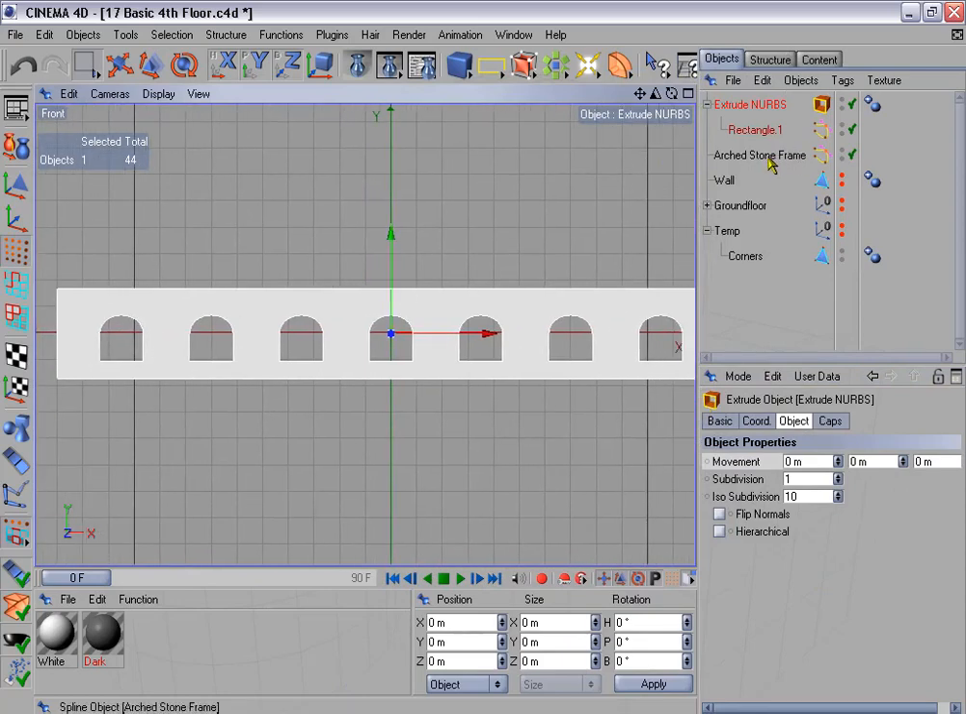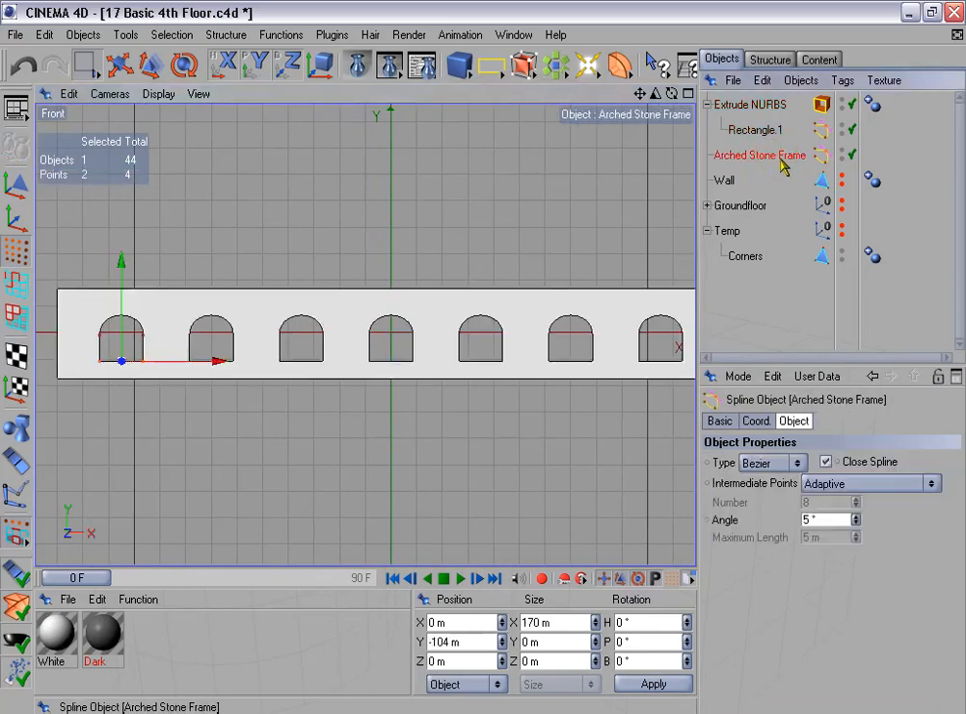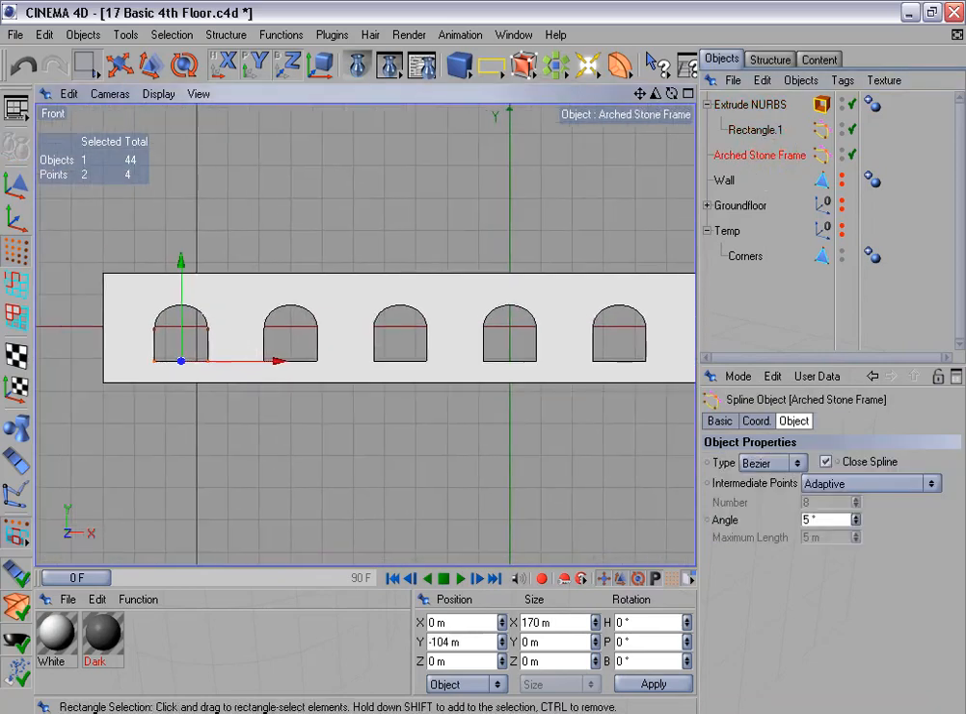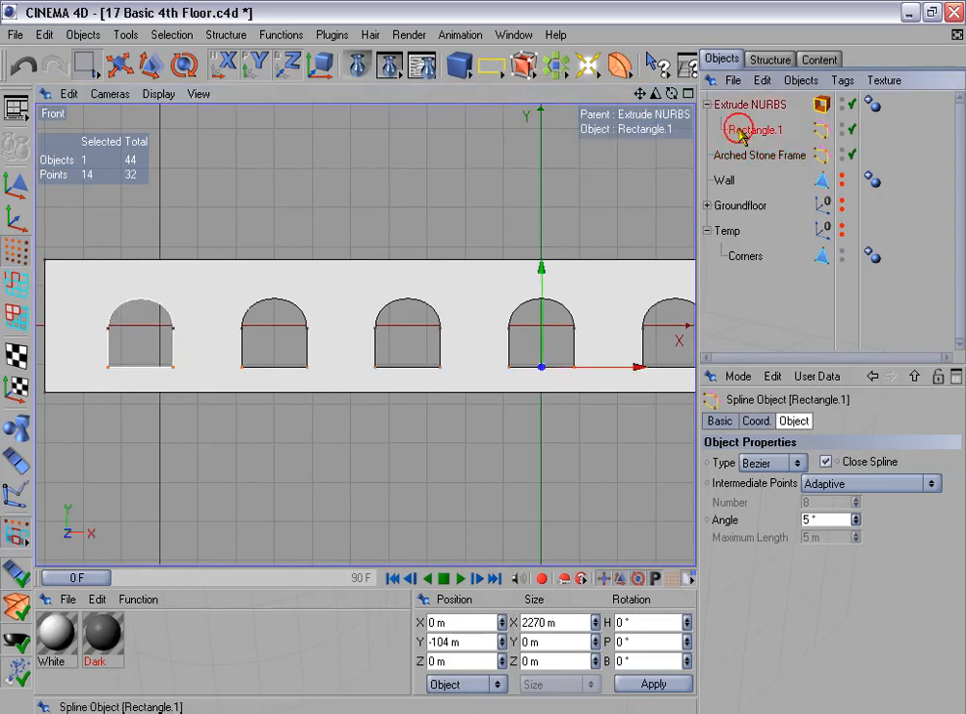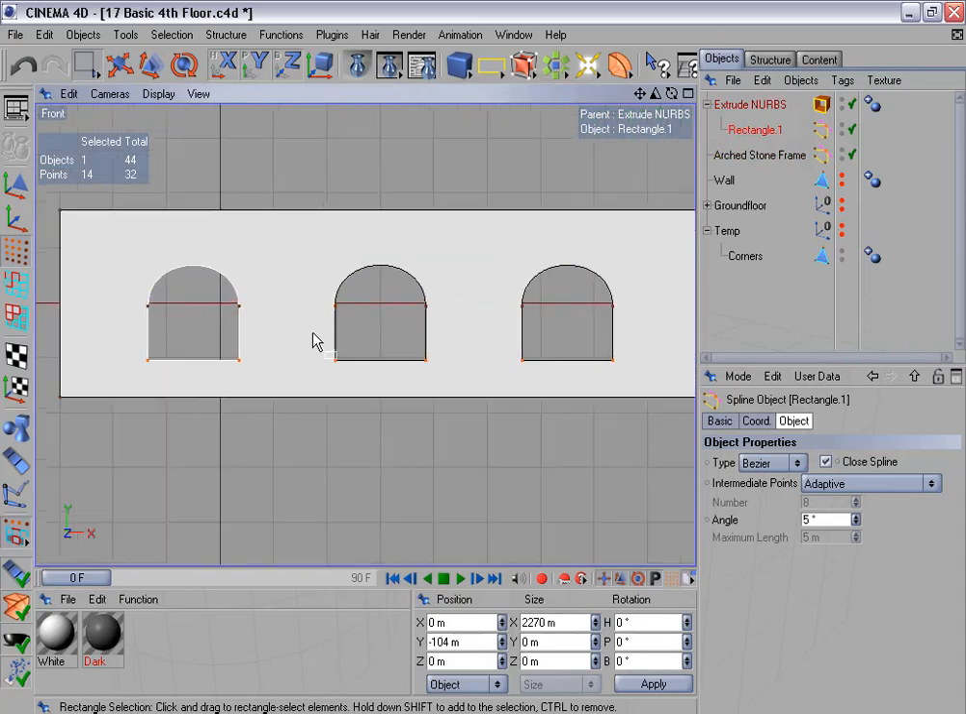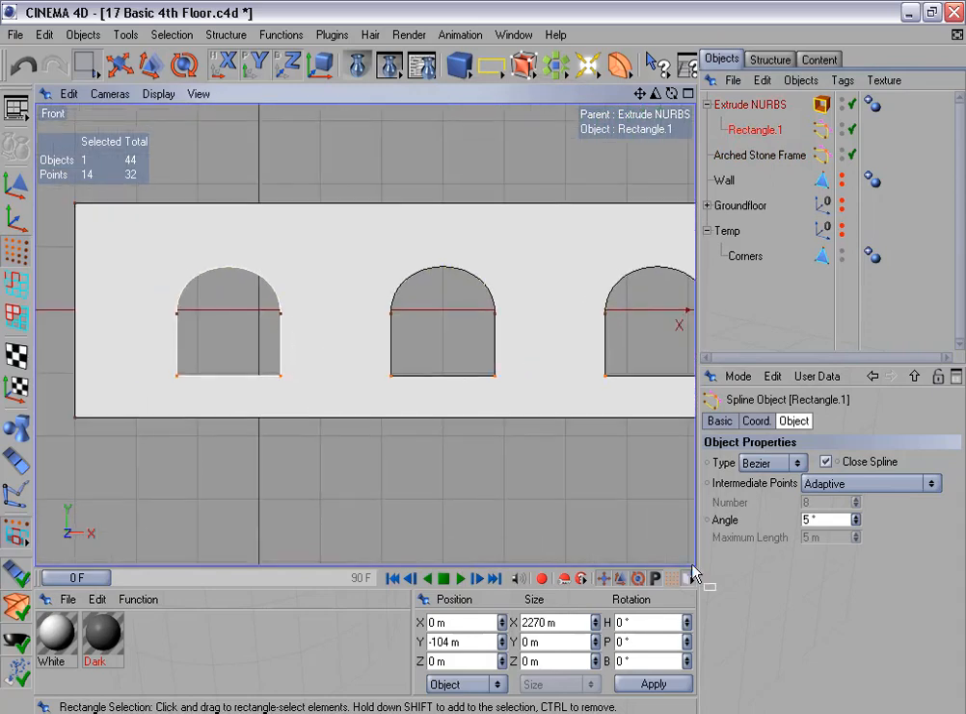Now I do want a lot of detail on the stone frame later on, but since this stone frame is going to cover the entire opening of this window, we don't really need a lot of detail on the wall itself. So let's select this rectangle spline, and I'm getting a little closer here, and we can change the detail by changing the angle setting here. And if we bring this up, we're going to reduce the amount of detail